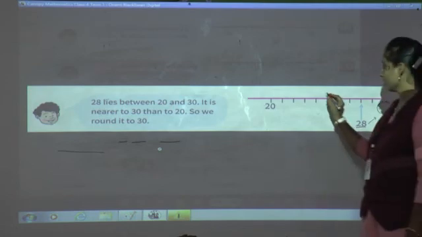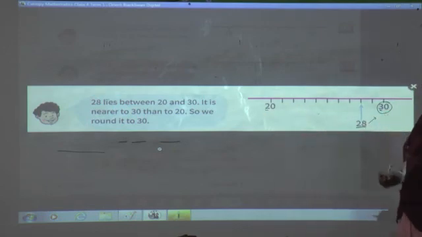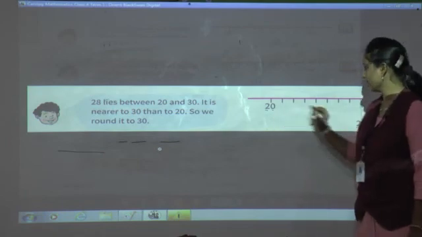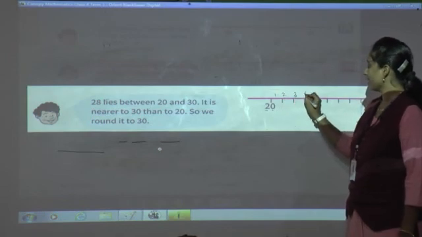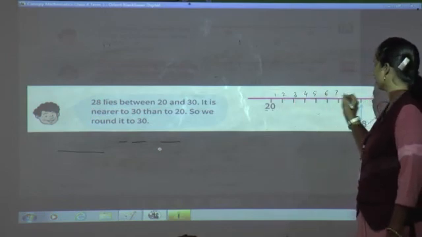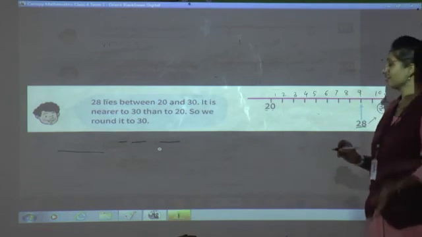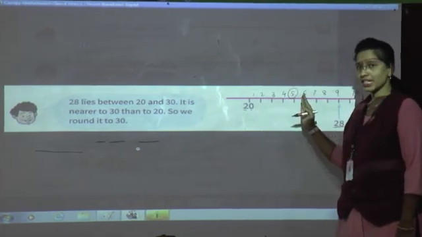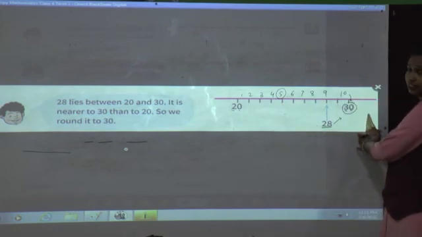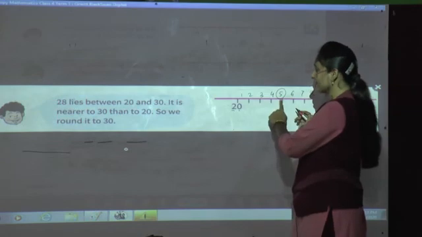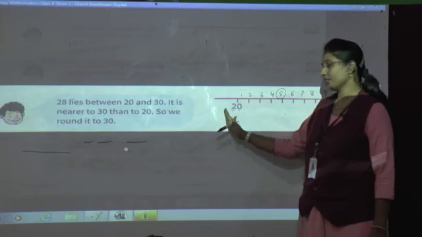And the second thing is, here you can see 2 in the tens place, here 3 in the tens place. Now here is 0 and 0. Just assume that the numbers are like this. Do you remember what I said in the last session? If the digit is 5 or more, you have to go to the larger number. If the digits are like 4, 3, 2, 1, you have to go to this number, that is 20.